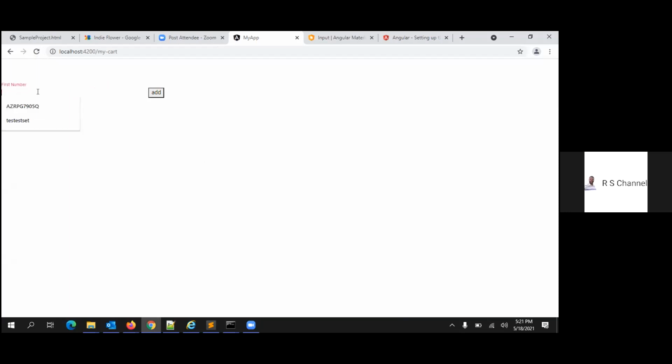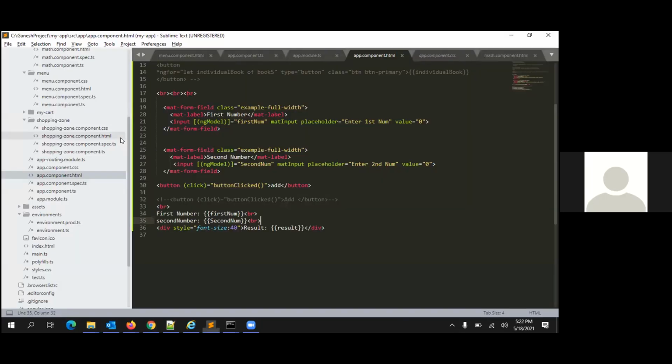Ganesh, if you notice, as soon as you start typing, it will display in the page. Yes, this is you binding ng model. If you change it, immediately it will change at the bottom. Yes, when you start typing itself, it is changing because of ng model.